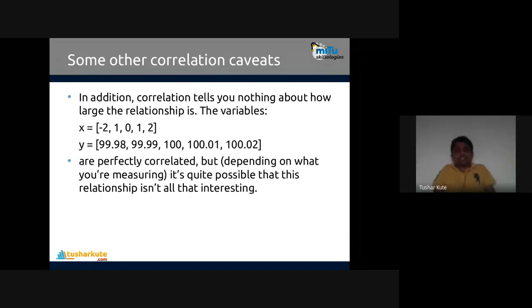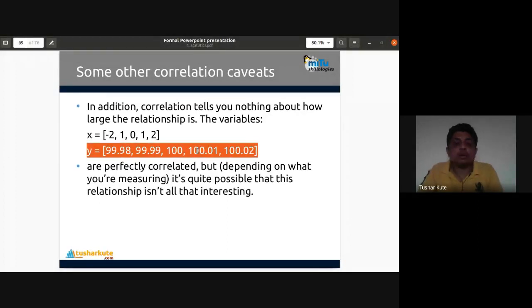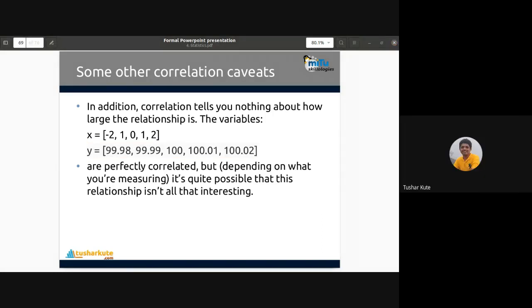In addition, the correlation tells you nothing about how large the relationship is. Now we can check this out. The elements which I am using over there are completely different. I am modifying them. I am keeping 100 there, and the 0.0 numbers I am deleting. Now check it out. I will use y differently for this case. Now see, are they correlated? The numbers which we are presented here, you can see.